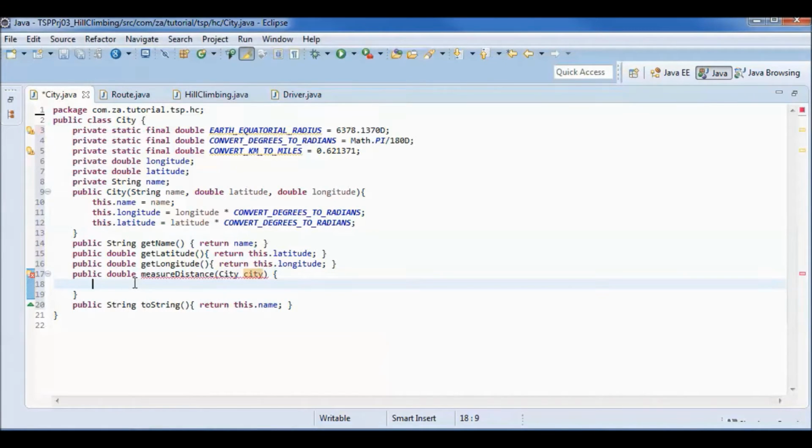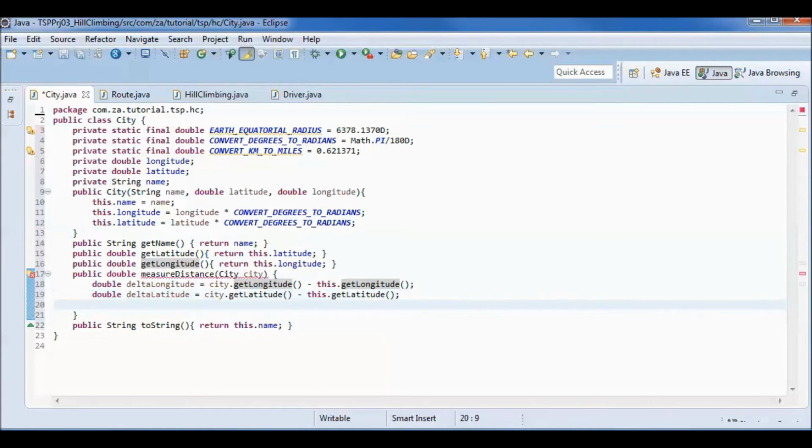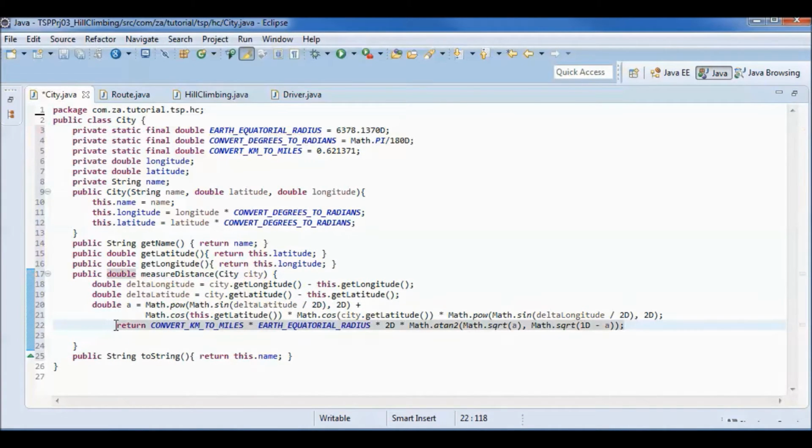So here I will start by calculating the delta longitude and the delta latitude. So city dot get longitude minus this city dot get longitude. Same for the latitude. And we will use the Haversine formula to calculate and return the distance.